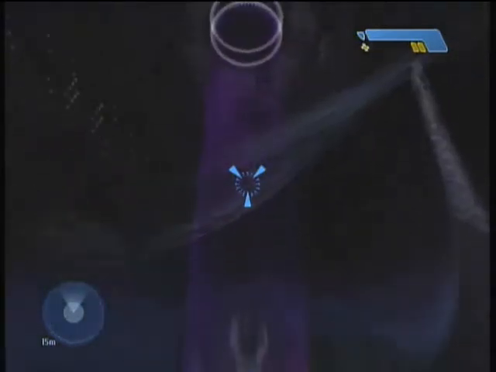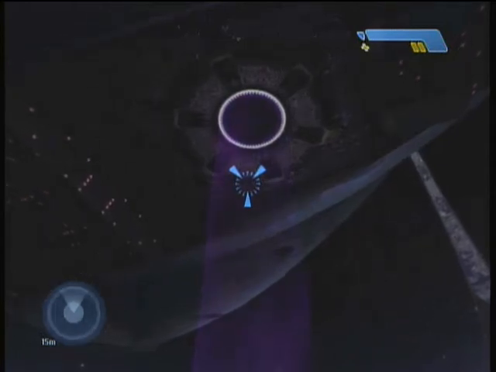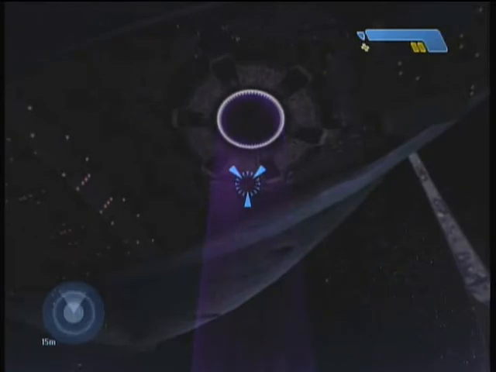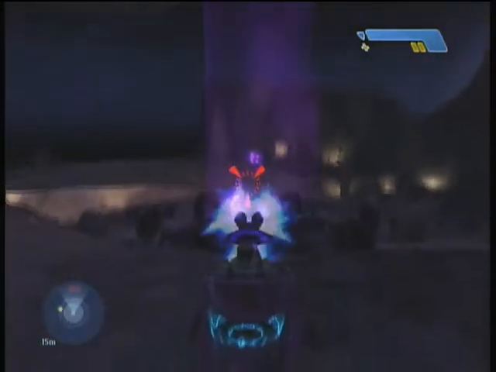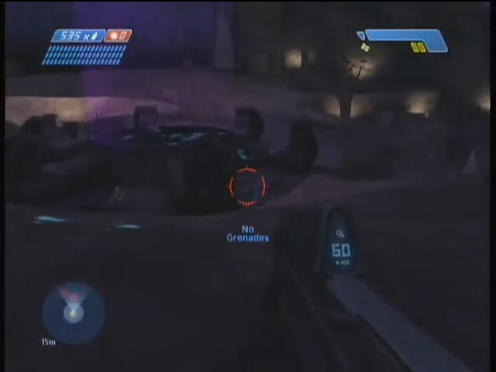Welcome back to part 2 of the Halo Combat Evolved campaign walkthrough series. Or wait, not part 2, part 6 of level... No wait, okay, part 2 of level 3, but part 6 of the entire series. There we go. Okay. Again, this level is called Truth and Reconciliation, and we left off last time dying from